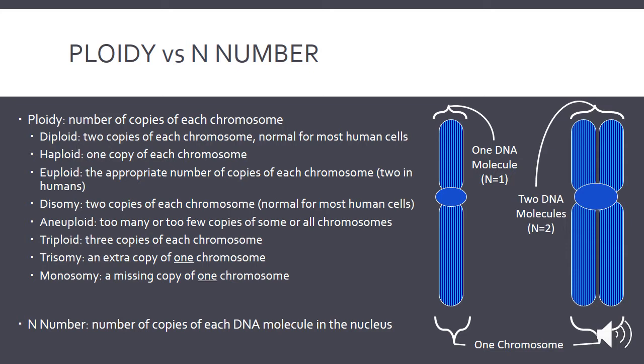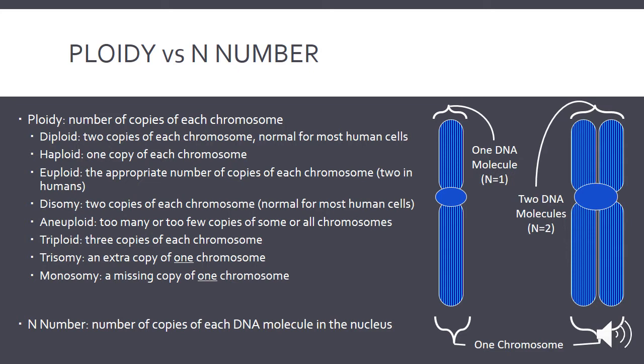Euploid is a term where eu means true, or true ploidy, which is the usual or appropriate number of chromosomes for a particular individual. So in humans, euploid is diploid. Okay. Now, aneuploid, I'm skipping ahead here a little bit, but aneuploid is too many or too few copies of some or all chromosomes. Okay, so it can be extra or missing copies of all chromosomes or of just one or two, but it's not the proper